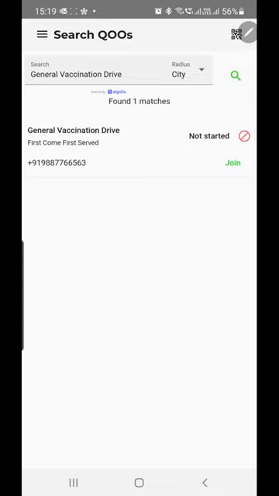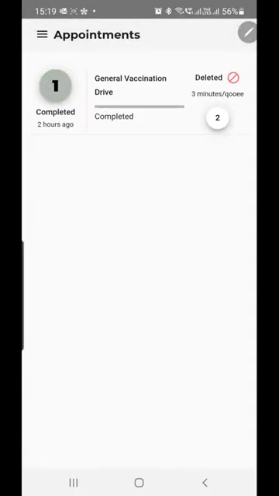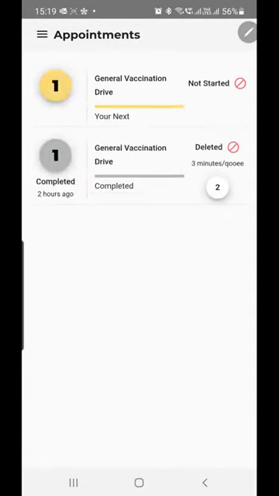Now a person can join the queue by clicking on join. So let's go and join the queue. That's it, I have joined the queue, as you can see. Sorry, what you can see here is I had joined another queue which I had created previously. I deleted that queue, and therefore it shows like this. So all my appointments for the day is shown in this screen, appointment screen. So as you can see, my token is 1, that is I'm the first person on the queue. So I will be called when the queue starts.